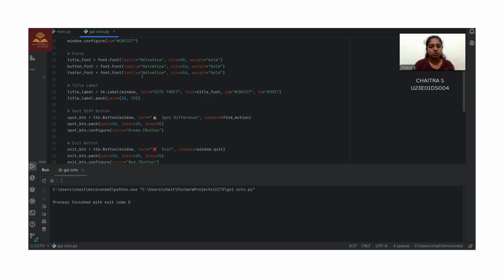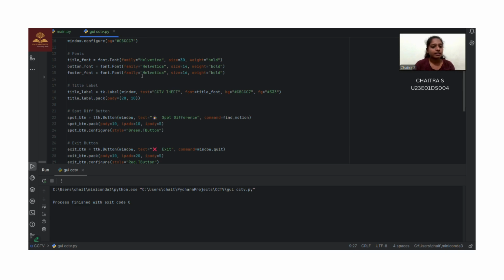What do these fonts do? It defines three custom fonts: title_font is a big bold text for the title, button_font is a medium bold text for buttons, and footer_font is a slightly bigger bold text for the footer.